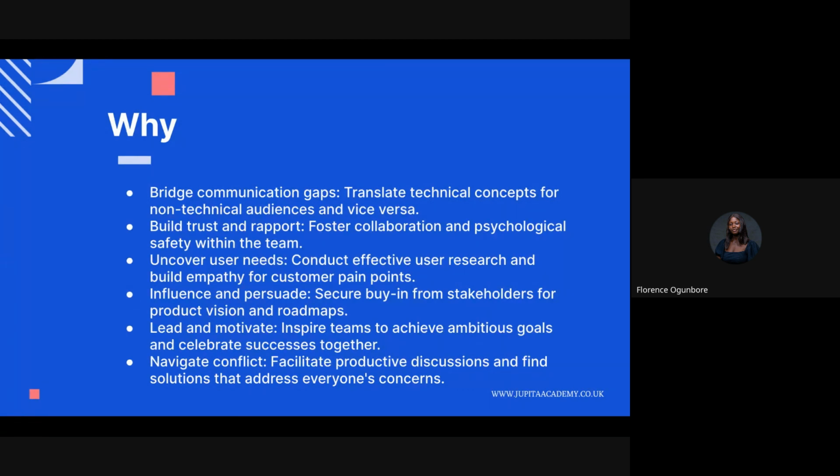Uncovering user needs, we want to be able to conduct effective user research, build empathy for customer pain points. We want to build what customers will use and get value from at the end of the day. Influence and persuasion, leading and motivating and navigating conflict. All these difficult people, all these developers, at the end of the day, it is our soft skills that would